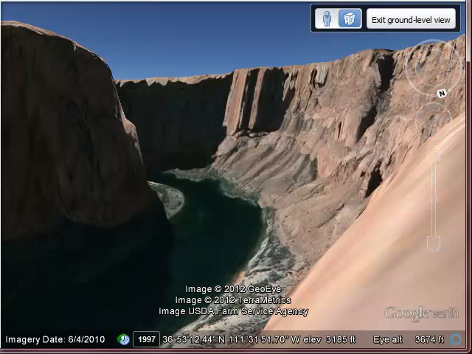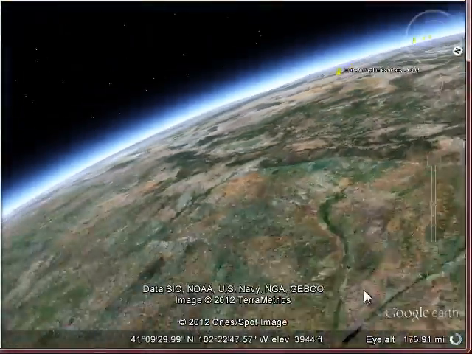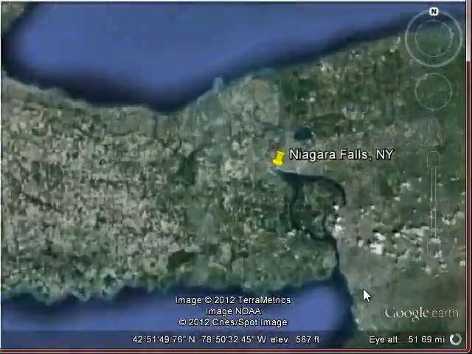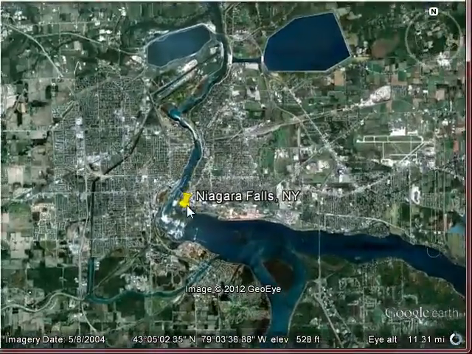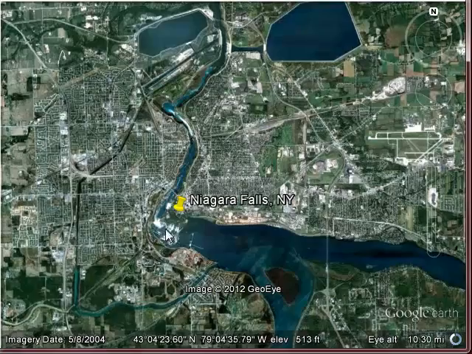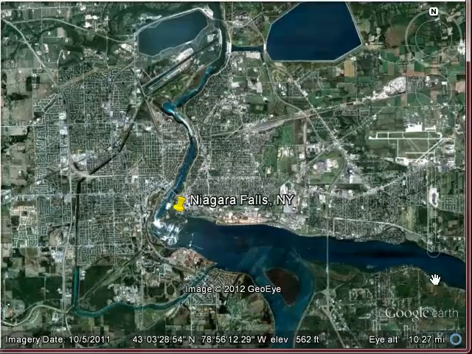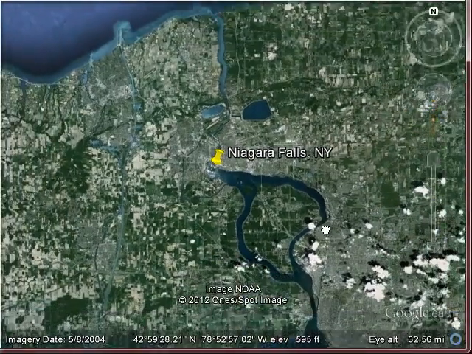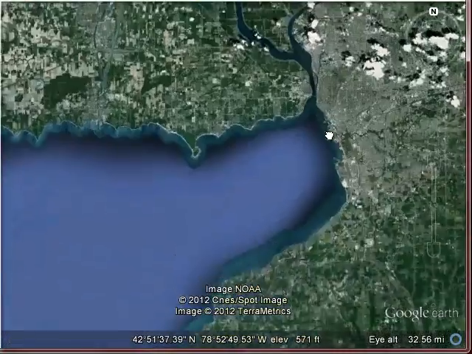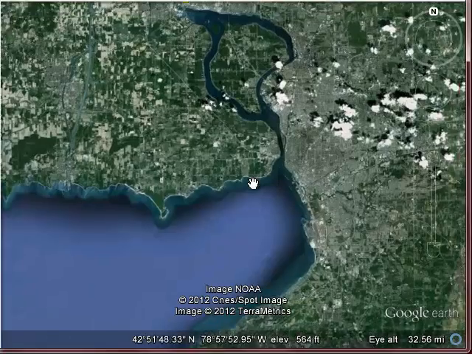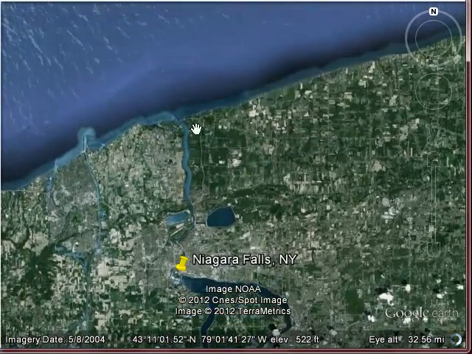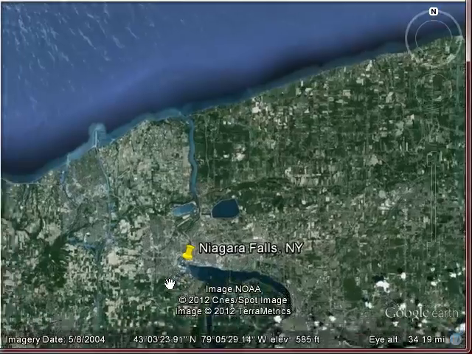Niagara Falls in New York is a great example of a waterfall that is actively moving. So here's Niagara Falls. This is where the falls are currently. And this river is flowing, let me zoom out a little bit here, from Lake Erie over here, flowing this direction into Lake Ontario. And if I zoom in here,